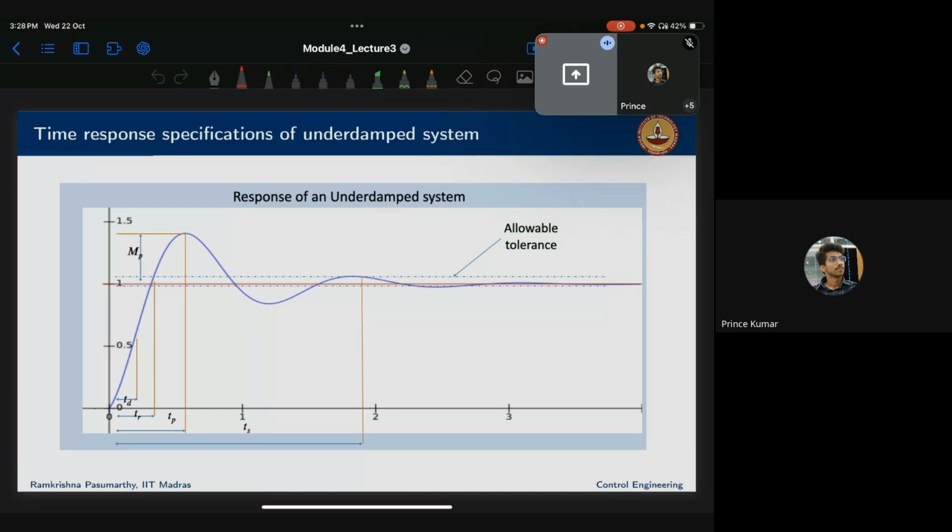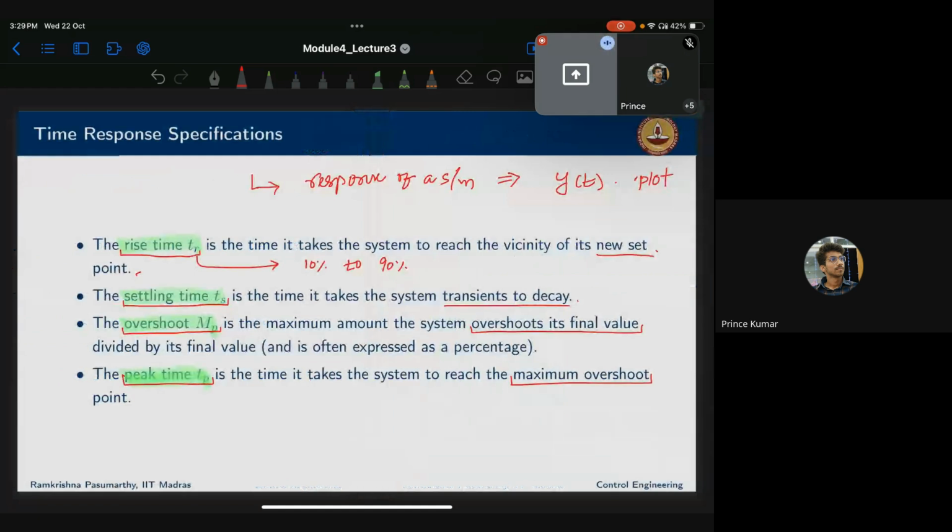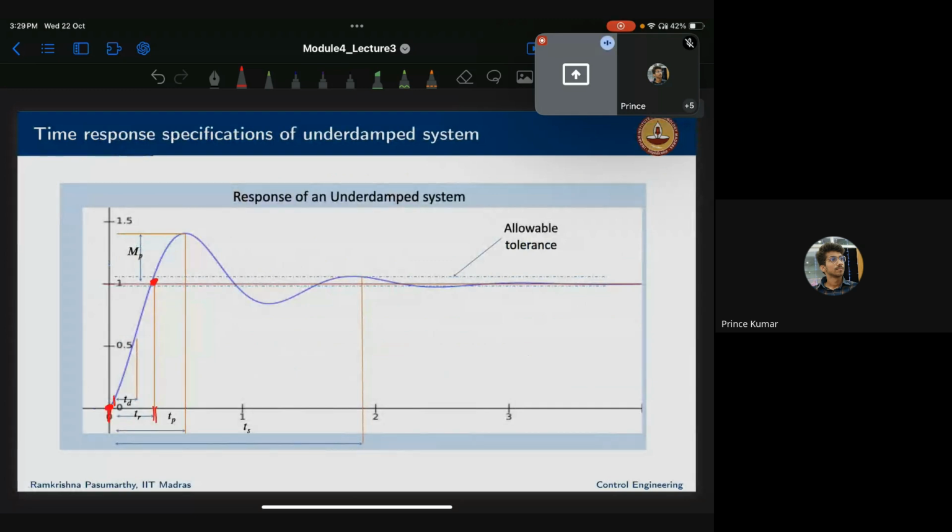Okay, first one is rise time. Rise time, you could see, is the time from almost here to here. It means that this is the 0%, and this is almost the 100% or 90%, so 10% to 90%, close from 10% to here. That is called the rise time. Then